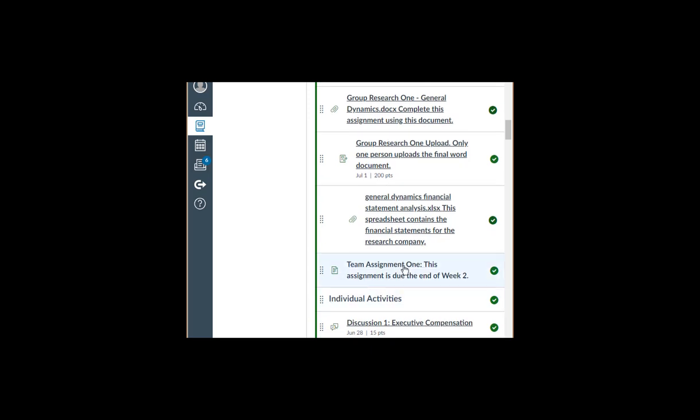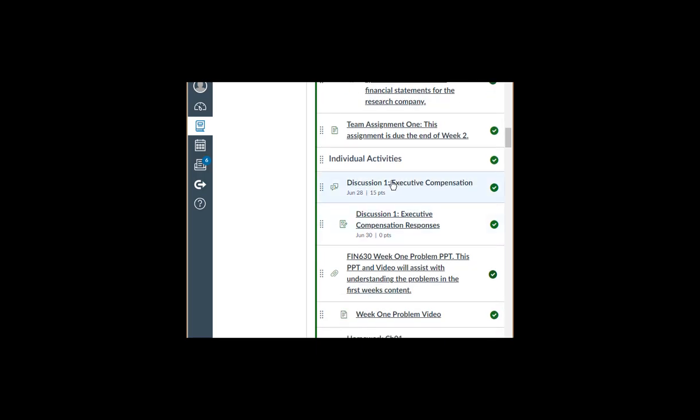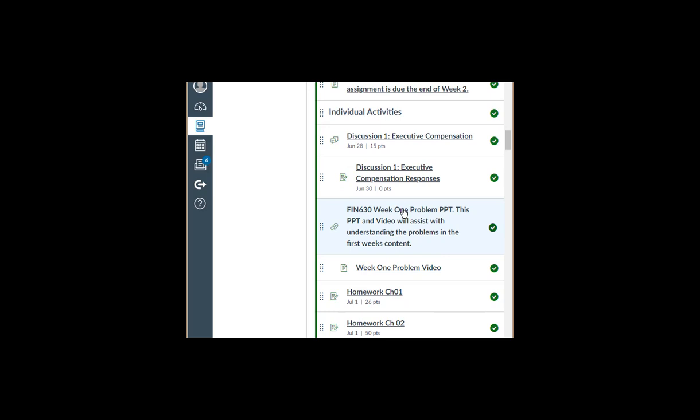There is a team assignment, right? So you're going to follow this document, which will tell you how to solve this assignment, how to complete it. This assignment, as you read here, though, is not due until the end of week 2. As an individual, you'll do some forum questioning. There's also